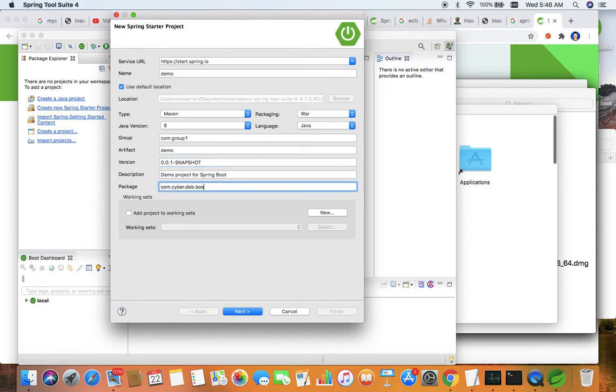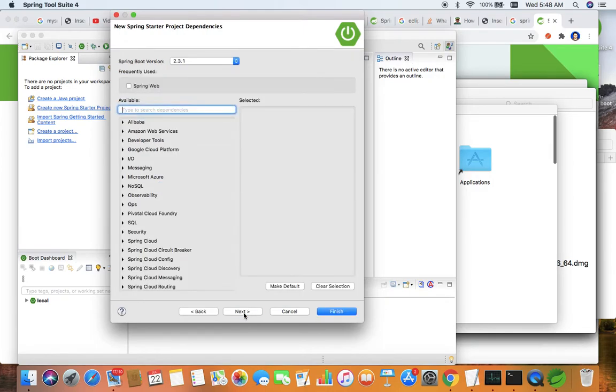Then the root package I will name as com.cyber.dev.demo.sts. Next, this is going to use the recent version of Spring Boot, 2.3.1.